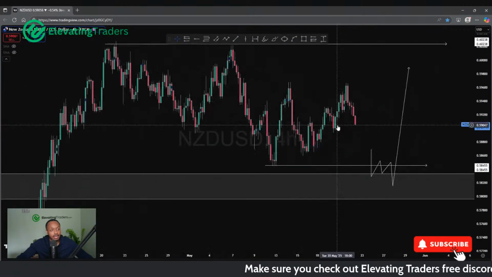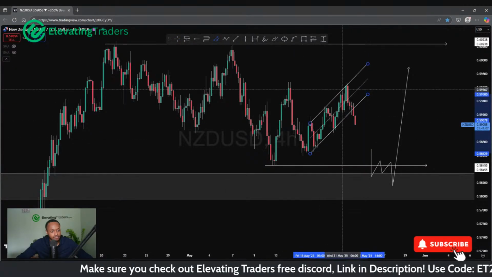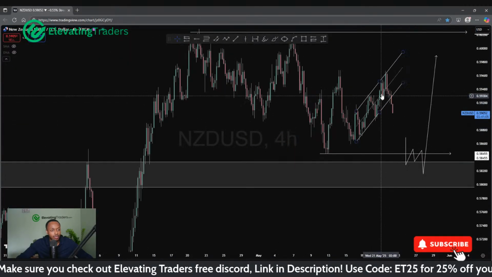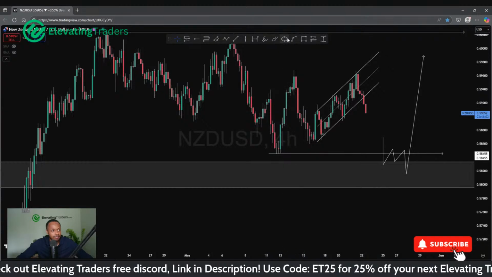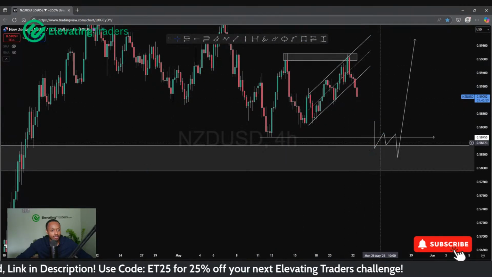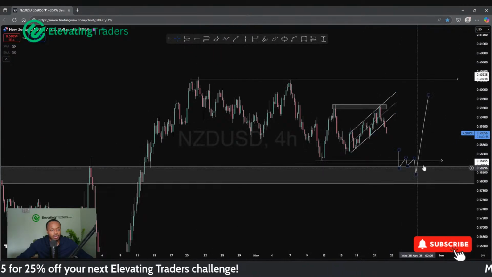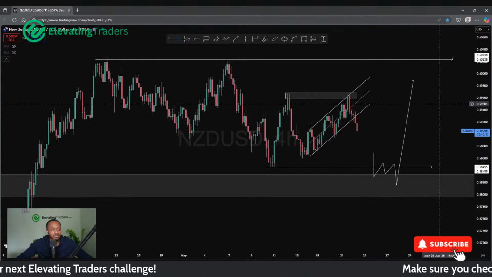So yeah, NZUSD looking pretty bearish right now. Looks like this kind of ascending channel has been put to bed a little bit. Potentially a break to the downside after respecting some resistance here. Potentially now we might sell off back into support and potentially use that to push up. So I'll keep an eye on that opportunity. I don't think that's too far away.